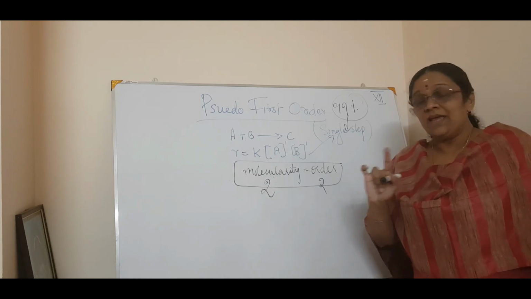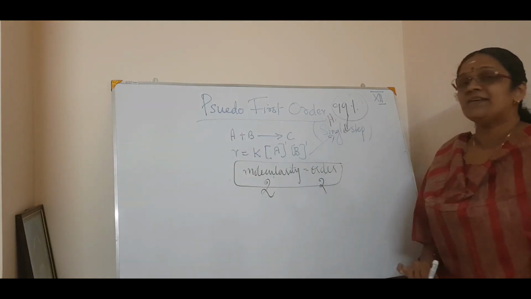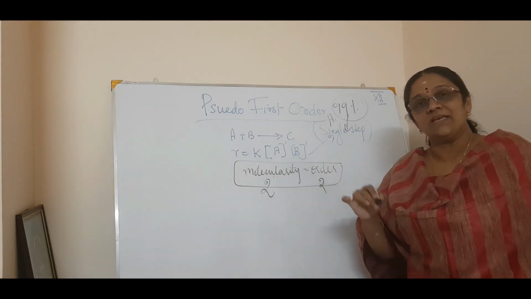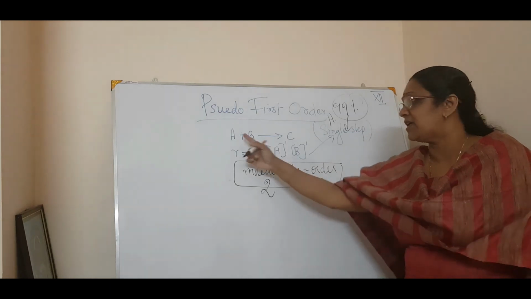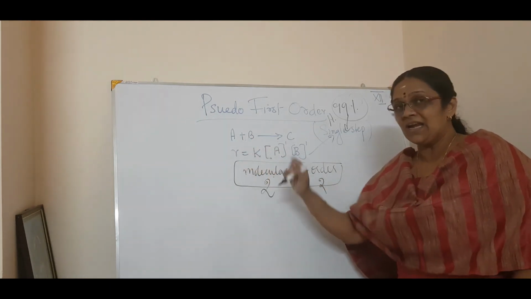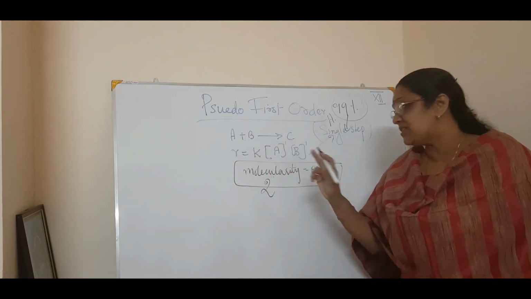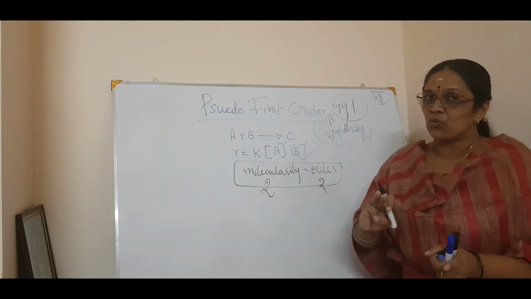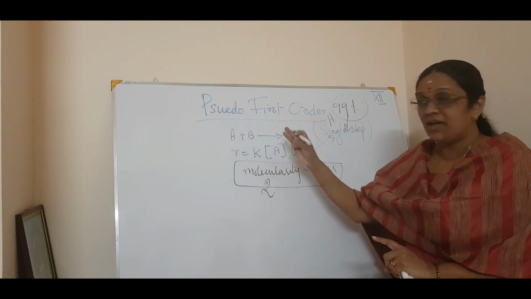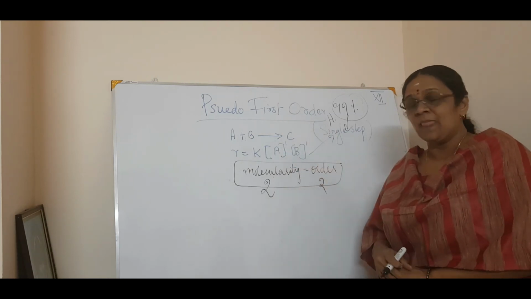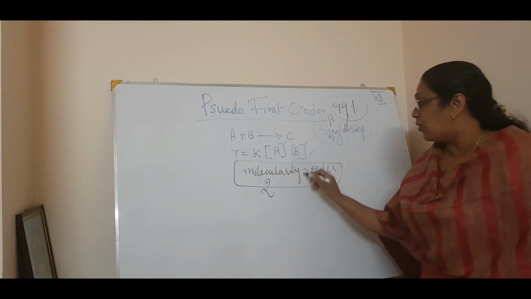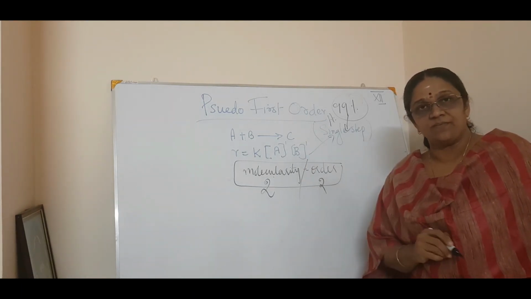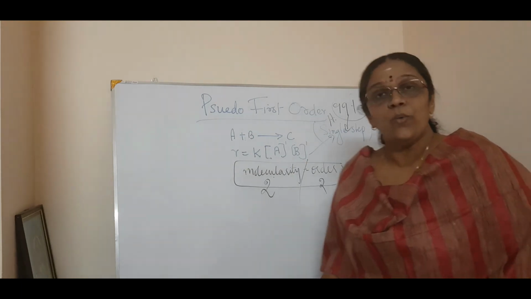But the 1% states that it will be a pseudo order reaction. Here it is a first order because there are 2. If it is 2, 1 less, that means pseudo. If the order is 2, it will act as 1. If the order is 3, it will act as 2. That is why it is called a pseudo order. Here it is a pseudo first order reaction. So in that 1%, the molecularity will not be equal to the order. That is the concept.